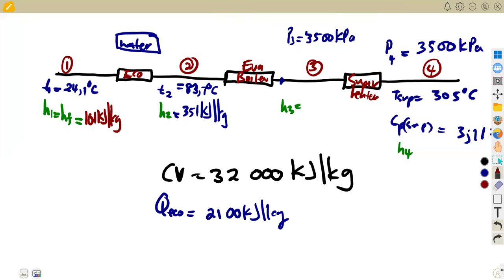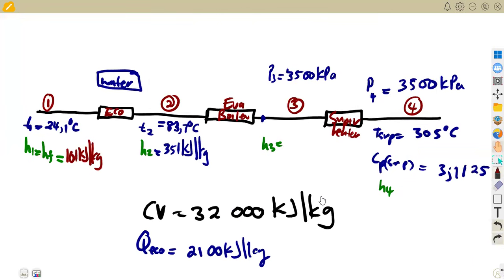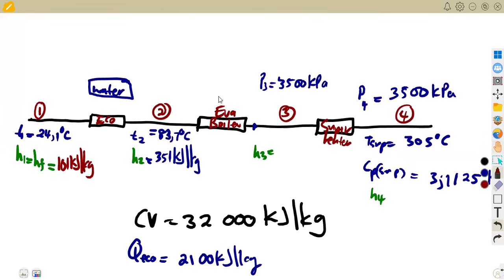In other words, that is what they were supposed to say. They are saying at the output of the boiler, which is the entrance of the superheater, when it is entering here, that is the output of the boiler. The steam is what? We are given the percentage of the wetness, that it is